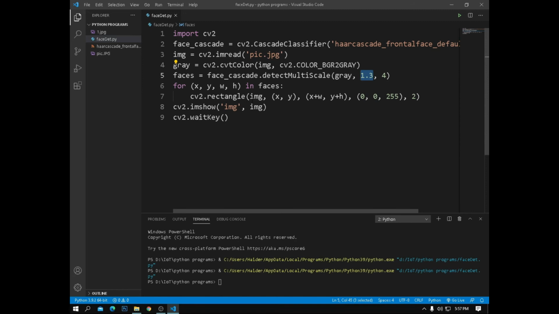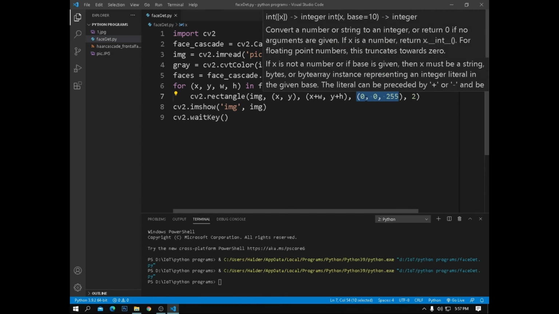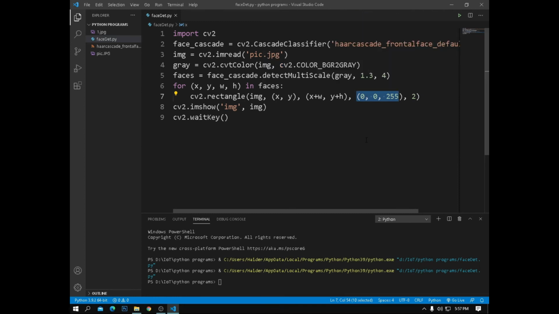Then cv2.rectangle with the image, x and y coordinates, x plus width, y plus height, and here is the rectangle color, which color you are going to use. And this is the width of the rectangle.